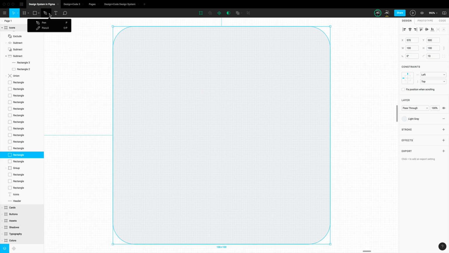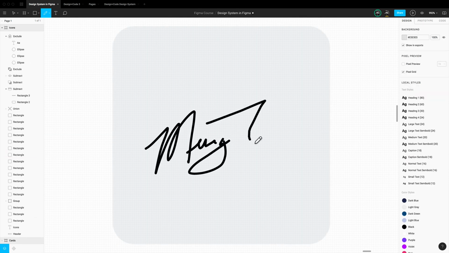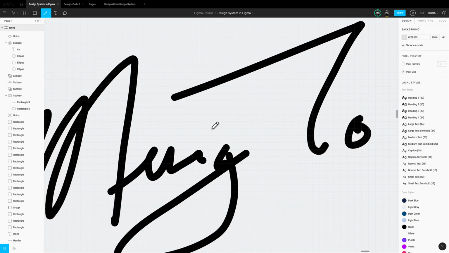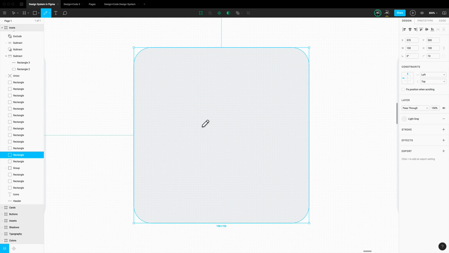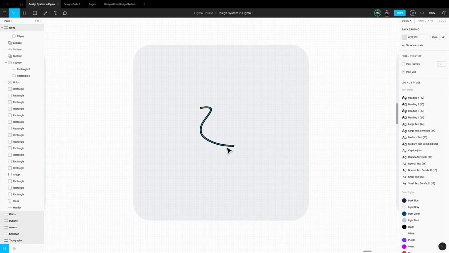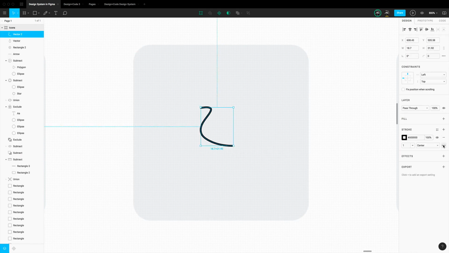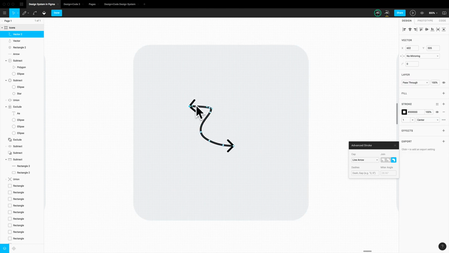There's another tool that you should learn, which is called the pencil tool, and this is really good if you want to draw something like a mock-up, or if you want to have your signature, for example. So the cool thing about this is that it makes it into a vector, and so it's infinitely scalable as a signature. But obviously I'm not going to use that in my design system. I can always do, let's say, a more organic arrow like this, for example. Escape, select here, go to stroke, advanced stroke, and select line arrow, for example. And obviously all of this can be customized later if you want,